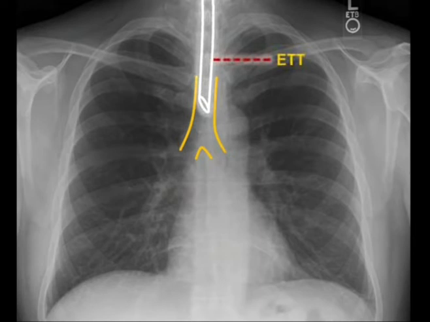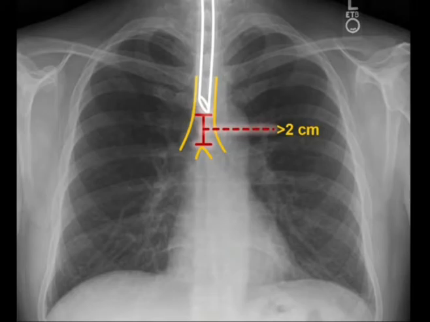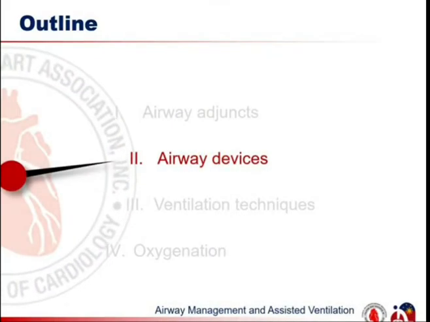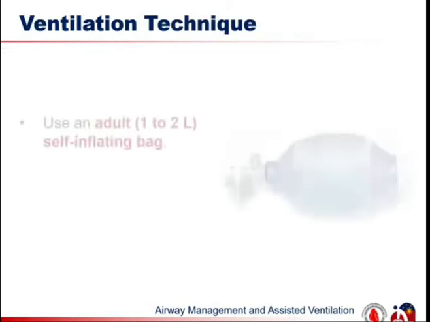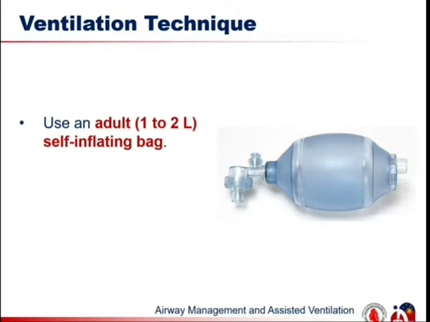The tip of the endotracheal tube ideally rests more than 2 cm above the carina. Next, we will expound on how to ventilate the victim during CPR. First, you will need the right equipment. For adult cardiac arrest victims, a self-inflating bag that can hold approximately 1 to 2 liters of air will be